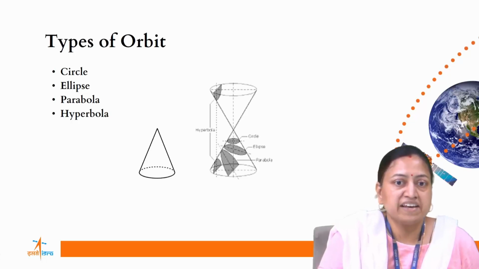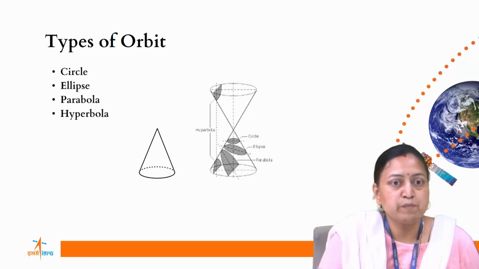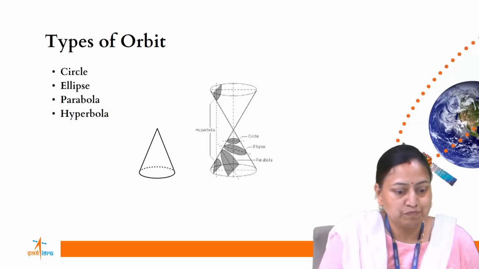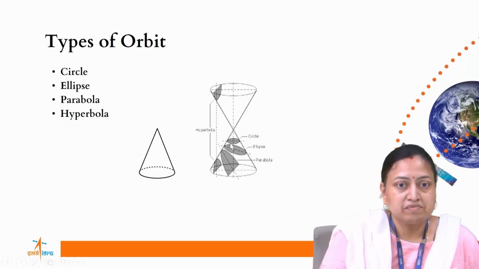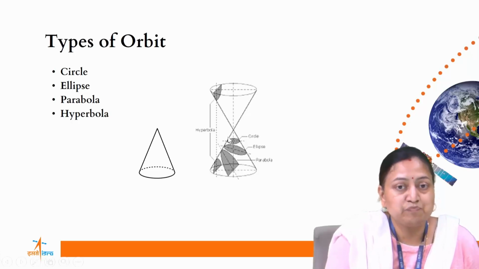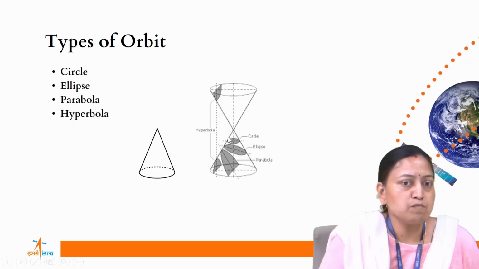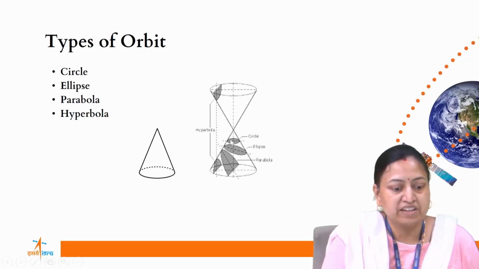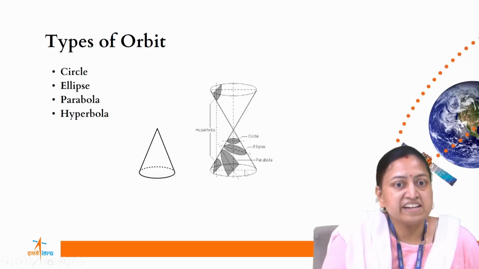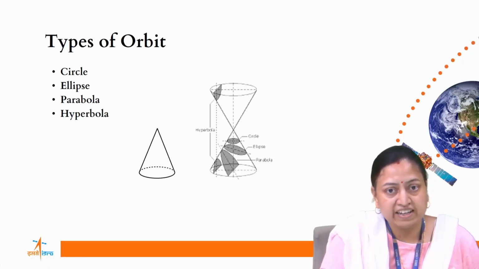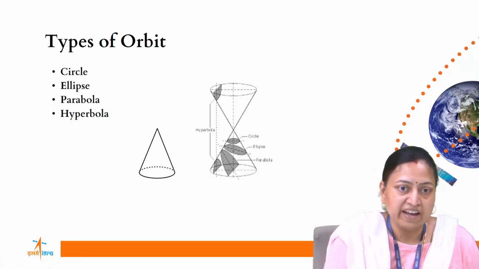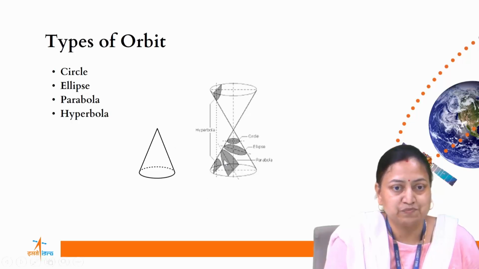You can see from the image that all the orbits can be obtained by dissecting a conical section at various locations at angles. A circle is obtained by cutting a cone parallel to its opening area. Here, we can see the circle. Ellipse with some slight angle horizontally. Here, hyperbola is obtained by cutting the cone vertically, whereas parabola is at some angle to the vertical axis.